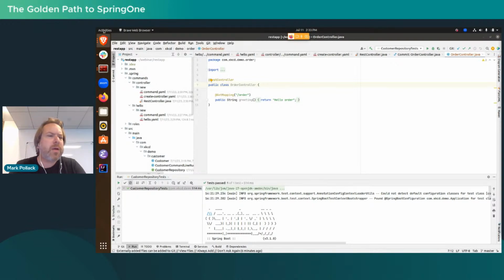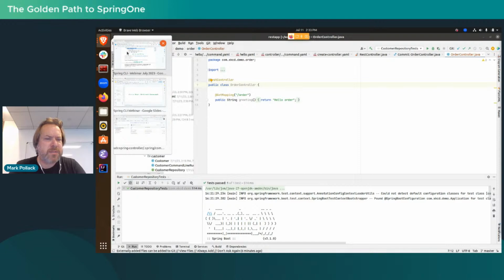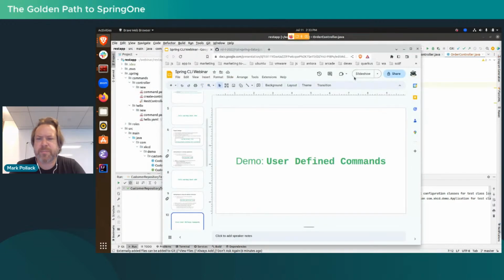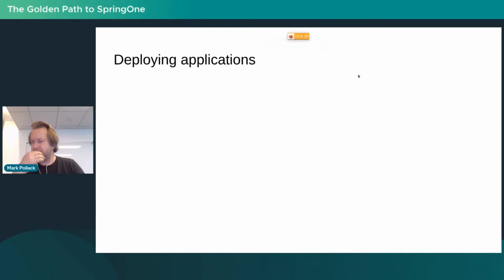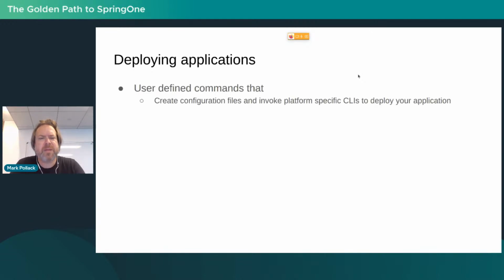Okay, let me get back to the slides. Yeah, so now we'll discuss how you can use this to deploy applications. So these are user-defined commands that create config files and invoke platform-specific command lines to deploy your application. So it's not necessarily the golden path to what your company has done, but it starts to,